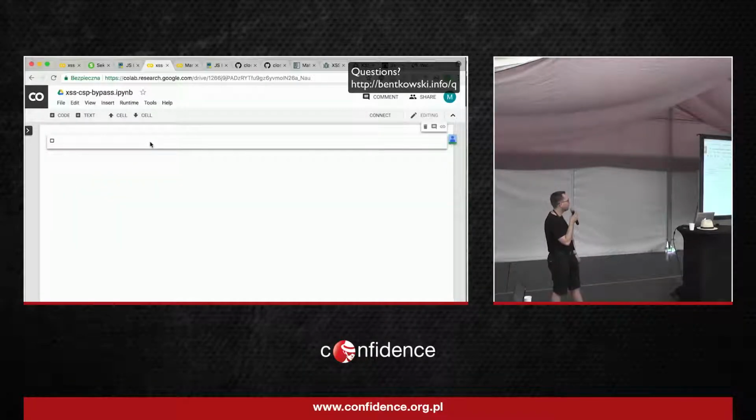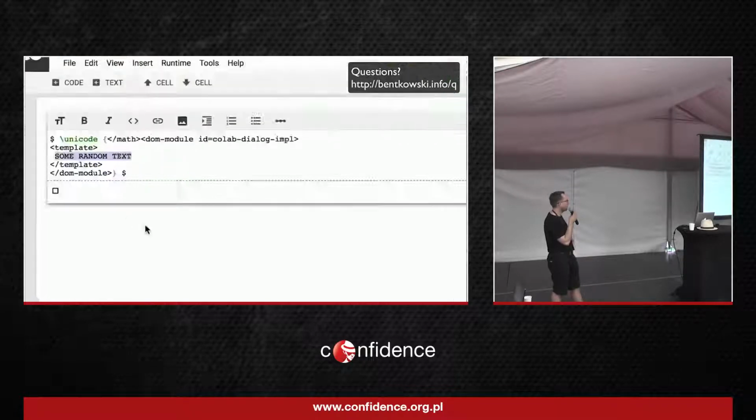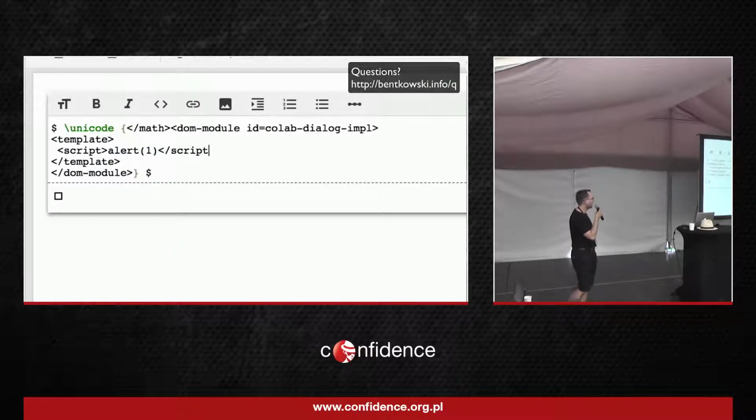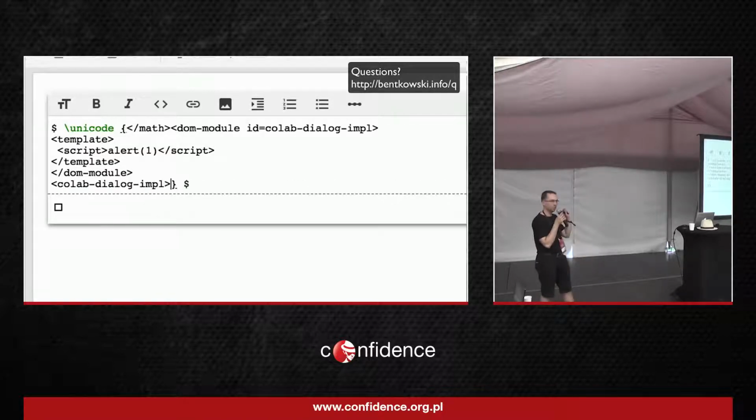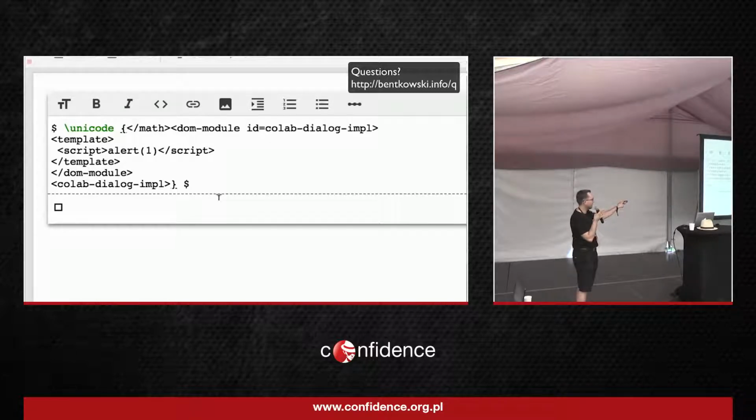So then I will change my code, and there will not be any random text, but I will just put a script tag over here. If you remember the strict dynamic content security policy, the script tag that you see over here will actually be added to the DOM tree by Polymer. Polymer is already trusted, so this script would also be trusted.